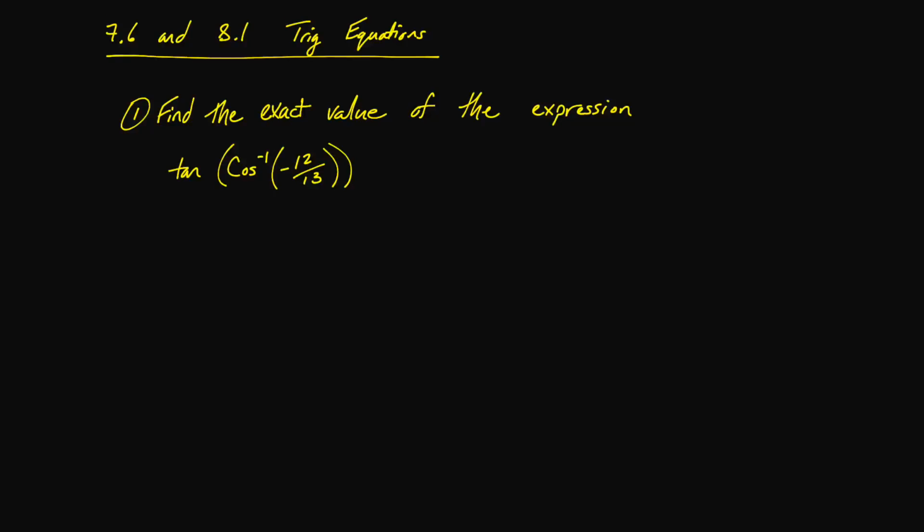Okay, so starting off with this one, I'm going to simply state that we have arc cosine of this ratio. As a reminder, cosine theta is referring to a ratio of x over r. If we draw the unit circle really quick for quadrants, remember, arc cosine is limited to quadrants 1 and 2, and since our ratio is negative, that means we're in quadrant 2. Okay, so if we have this triangle here,